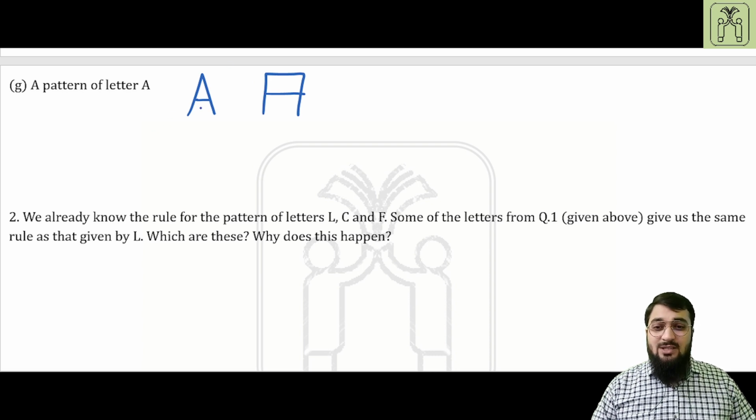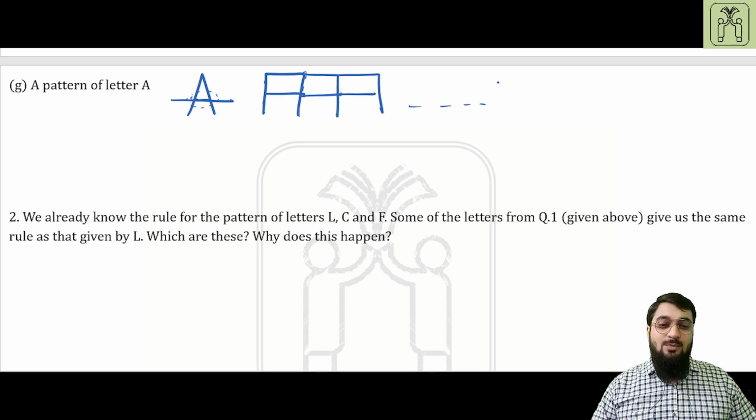If you try to make this one with matchsticks, you will not have this small matchstick. So you will have to make it like this. So what is the correct way? The correct way will be making an A in this manner. So this will be moving on like this, third A will be like this,